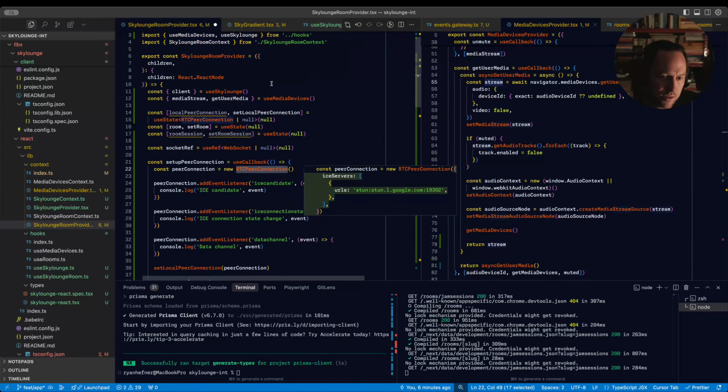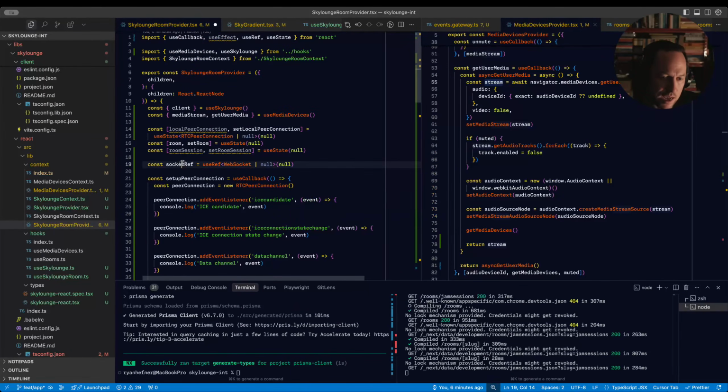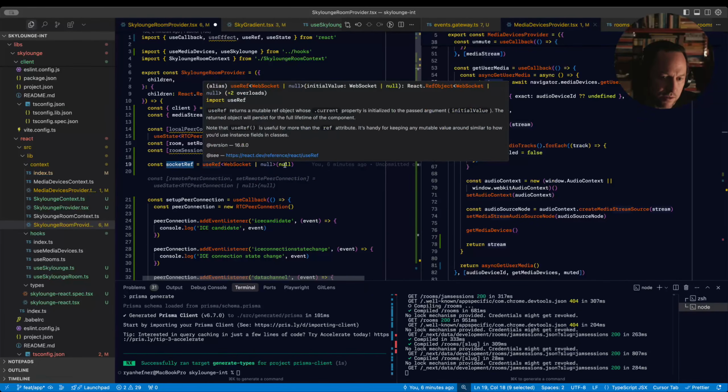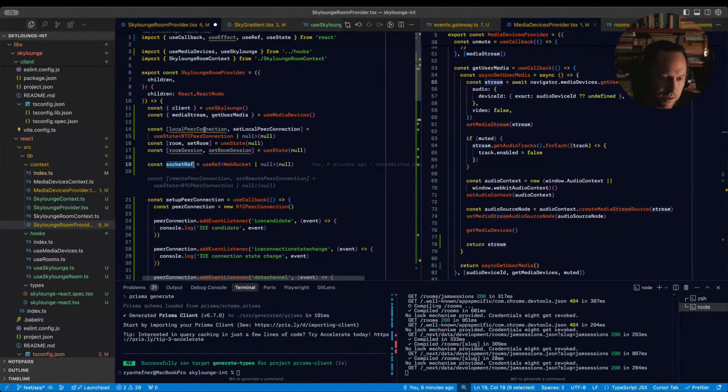I think I was saying this earlier on the earlier stream. Right now, the socket is actually a ref, and I'm thinking that this peer connection should maybe also be a ref, and then the ones that come in are maybe also those. I actually think it makes sense to throw in a state, because